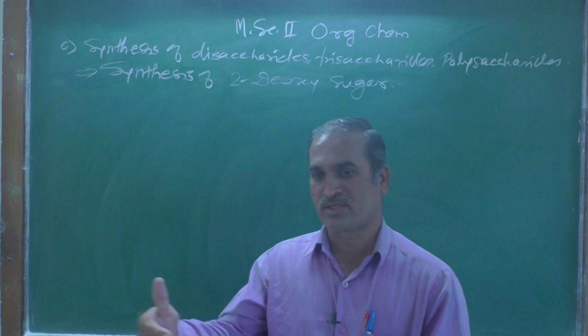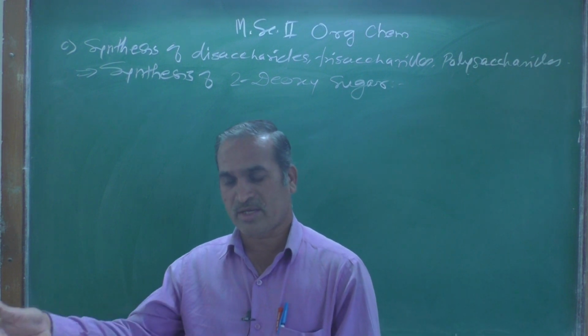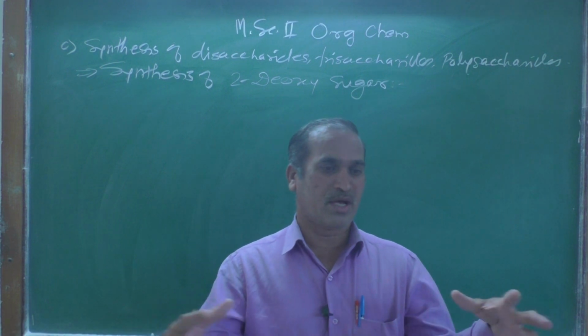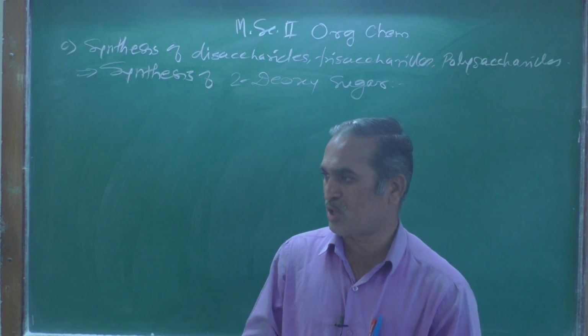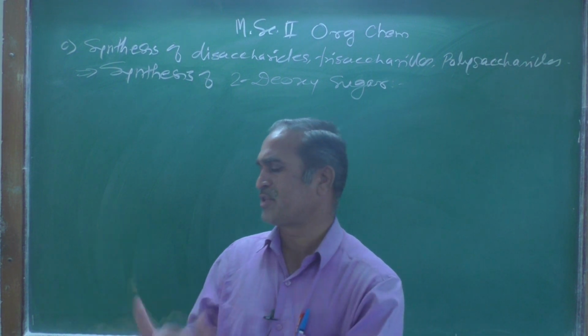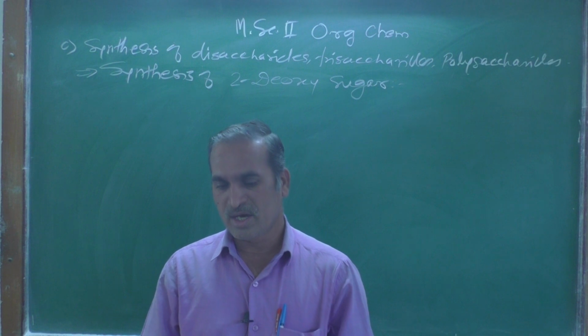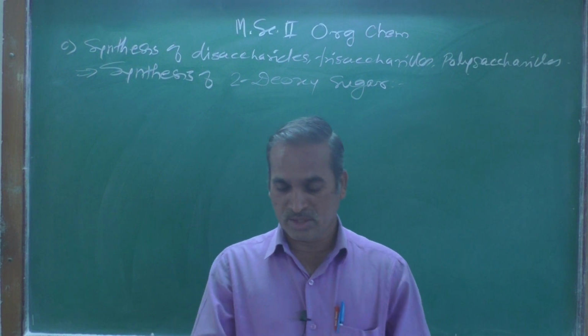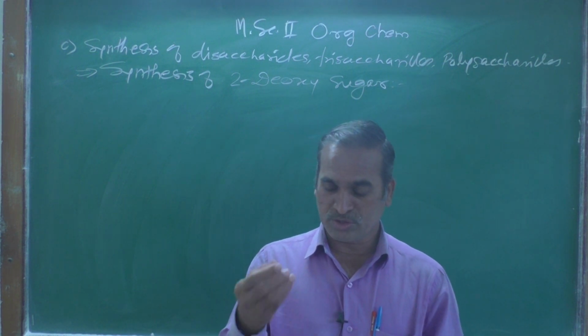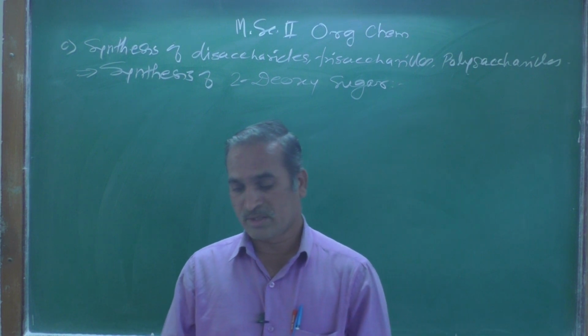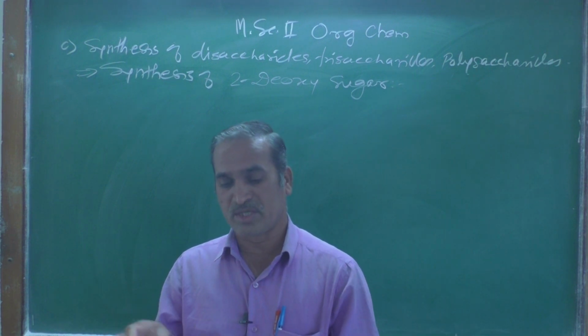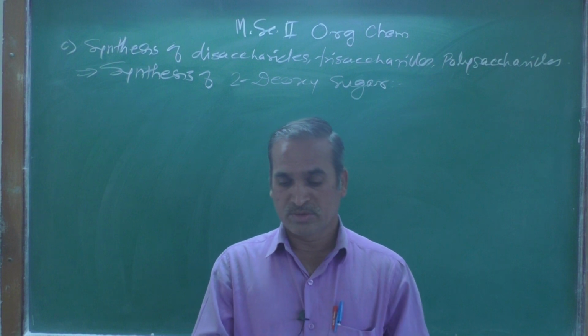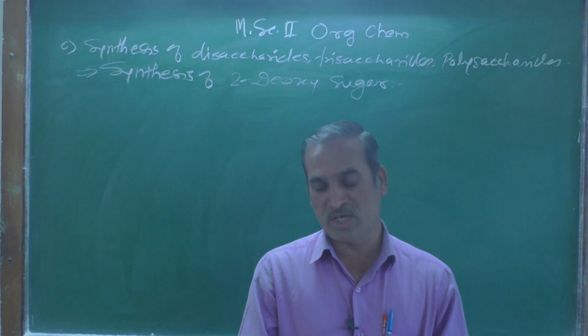One can act as a donor and one can act as an acceptor, and this process is known as glycosylation, and we get different types of disaccharide or even trisaccharide or tetrasaccharide. That is the ultimate objective of this thing. And now the synthesis of 2-deoxy